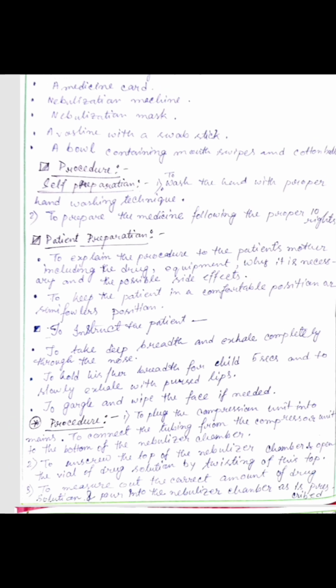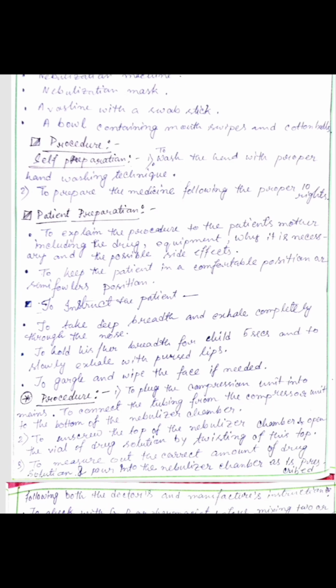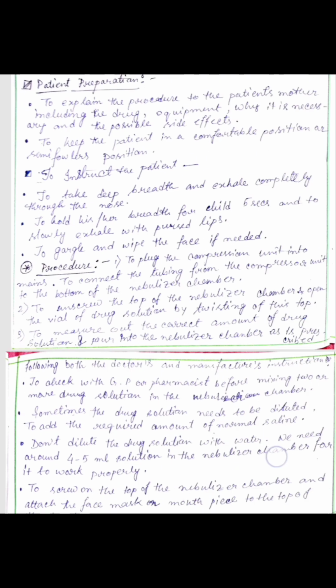Next is the procedure. To plug the compressor unit into the mains, to connect the tubing from the compressor to the bottom of the nebulizer chamber, to unscrew the top of the nebulizer chamber and open the vial of drug solution by twisting off its top, to measure out the correct amount of drug solution and pour into the nebulizer chamber as prescribed, following both the